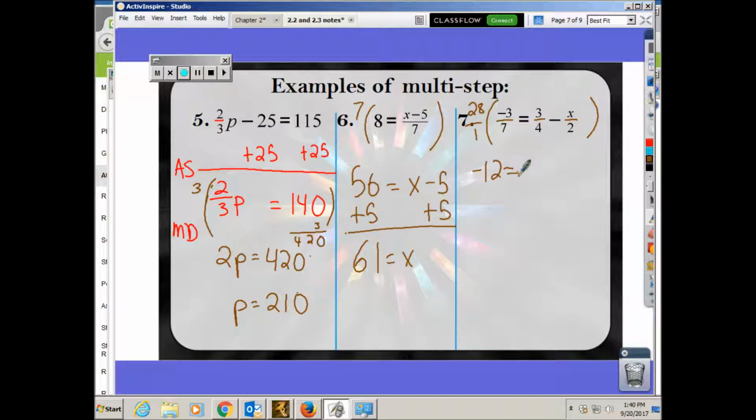Okay, again, 28 divided by 4 is 7. 7 times 3 is